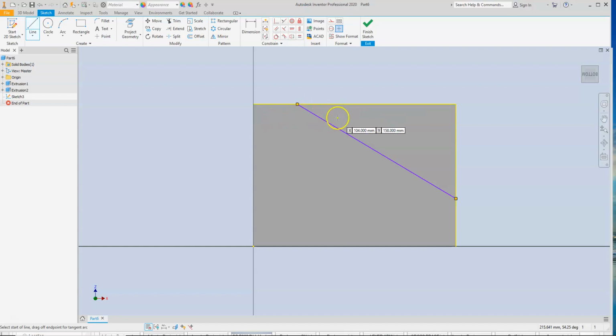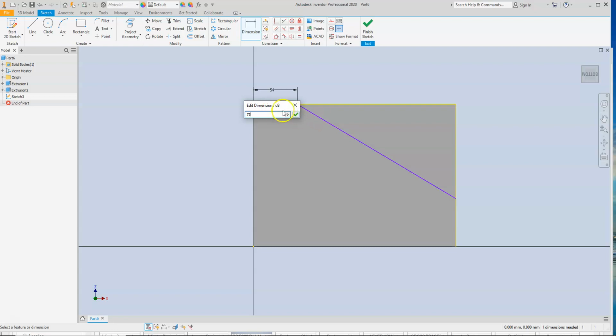These are project geometry. That means that geometry is projecting to that sketch plane based on the geometry that's back behind it. So instead of drawing these extra lines, I'm going to use those yellow lines as part of my drawing, and I don't have to go through and pick those or redraw those lines because they're already defined by the previous geometry. So I'm going to click on that dimension there and put 75 degrees,